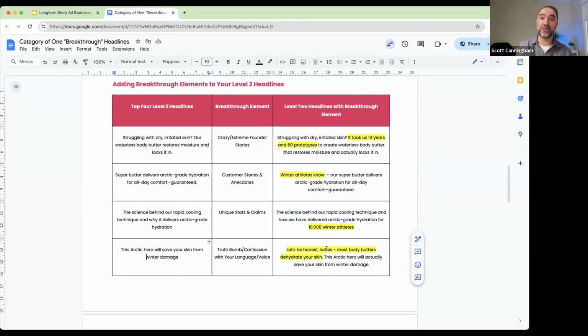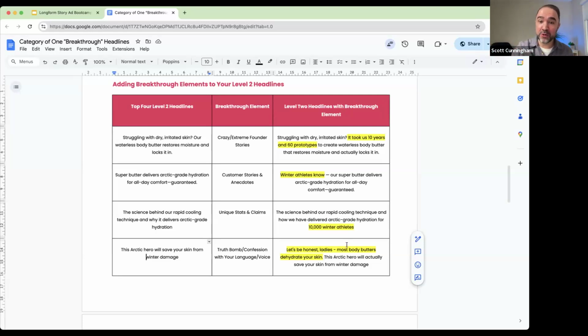I remember there was somebody in Merchant Mastery who sells vintage 70s hippie apparel. You would use hippie language. I'm trying to think of some hippie language, but I don't know what kind of words they would use. But you want to use that lexicon in your headline. You want to use words that your avatar would use.